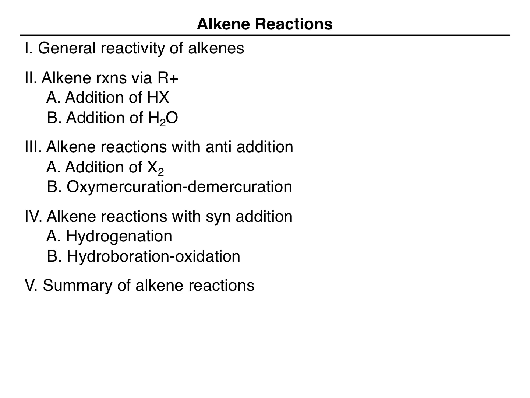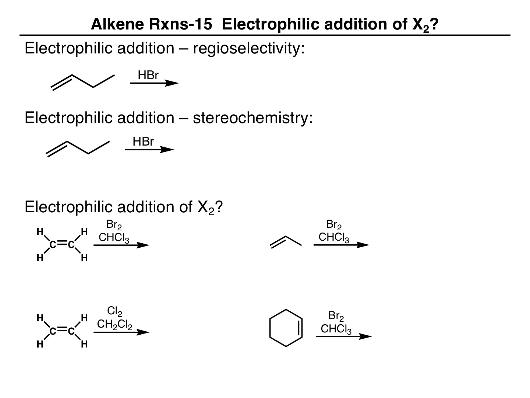In this video, we will be looking at reactions of alkenes with halogens. Earlier in this chapter, we saw that alkenes can undergo electrophilic addition with HBr, and even though the hydrogen and the bromine could add either way to the alkene, the major product is this one. This is called the Markovnikov product,